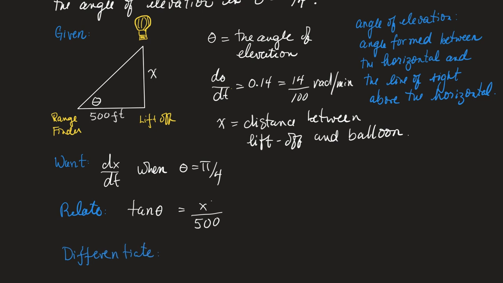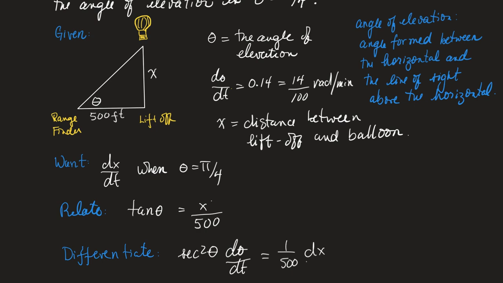And remember, I'm differentiating implicitly with respect to time. The derivative of tan theta is secant squared theta, so I multiply by d theta by dt. On the right-hand side, I have 1 over 500 times x, so its derivative is 1 over 500